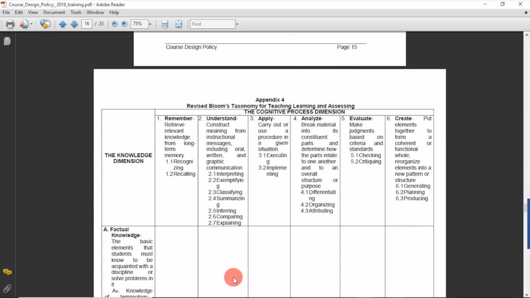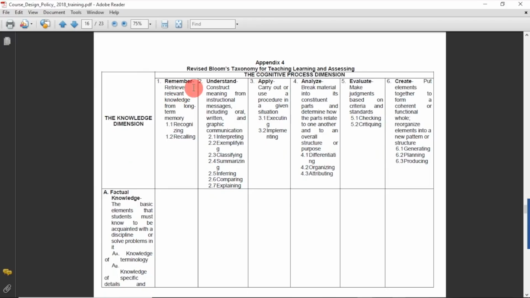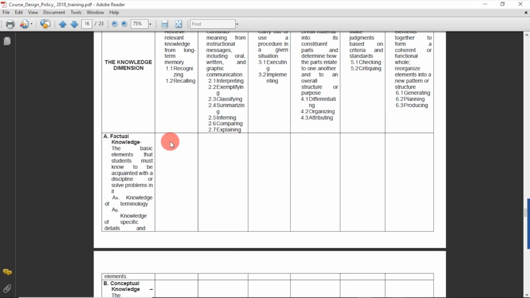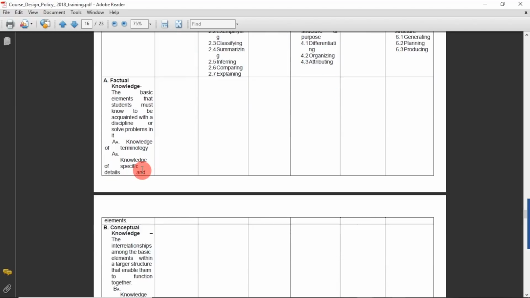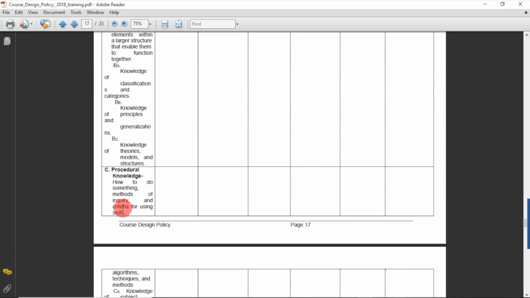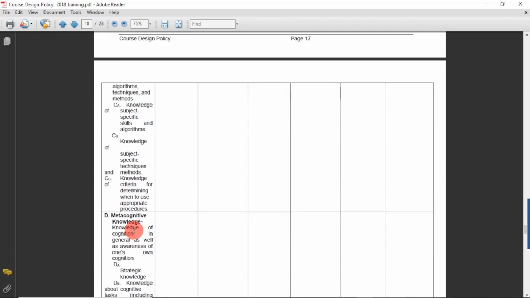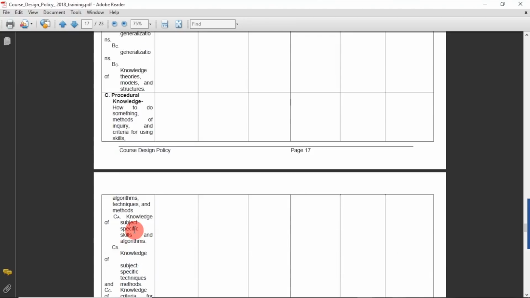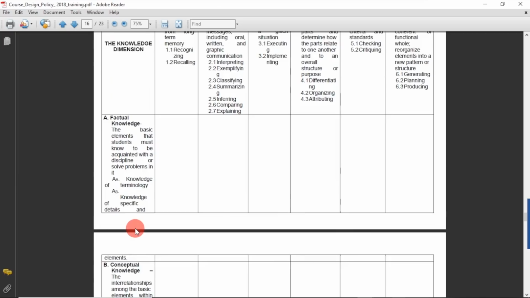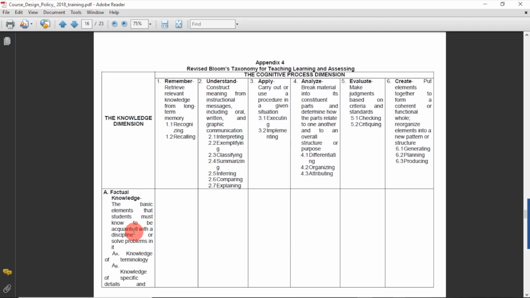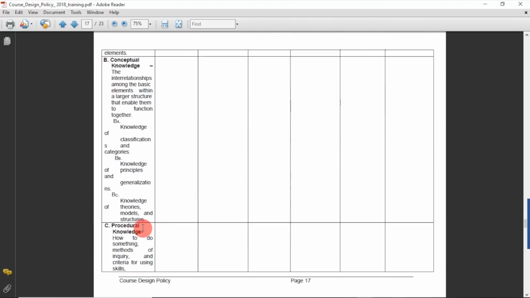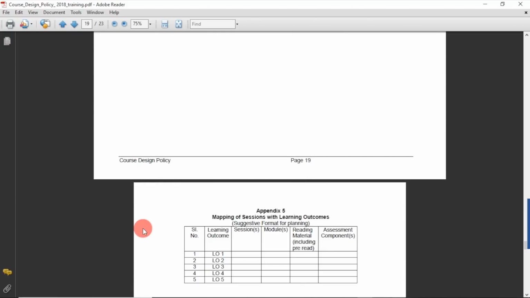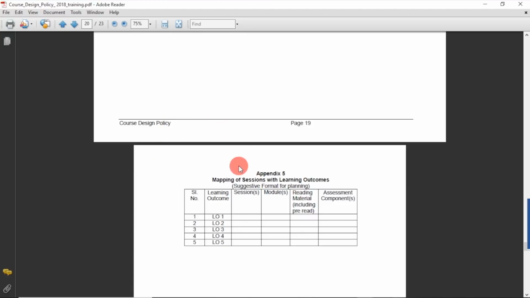Now this is revised Bloom's taxonomy. So when you talk of remembering, understanding, applying, analyzing, how Krathwohl has gone in for changing the things in terms of factual knowledge, in terms of conceptual knowledge, in terms of procedural knowledge, and in terms of metacognition. So this table you can go through, but the idea is that basics lie only with Bloom's taxonomy. So overall development, you can go through the paper written by Krathwohl and Anderson to understand those things in detail. Right. So this was regarding your course design policy.